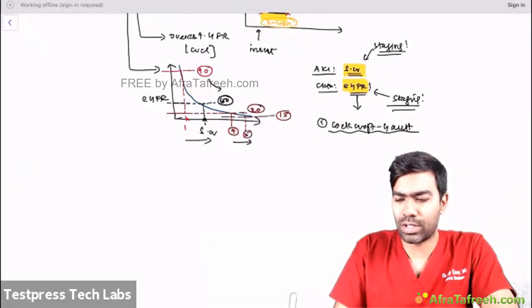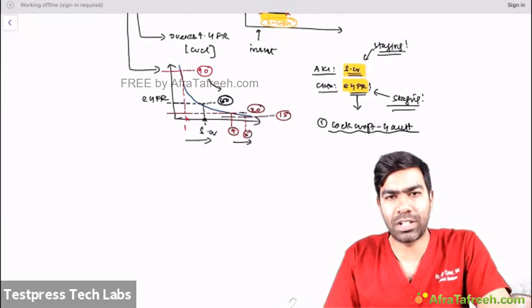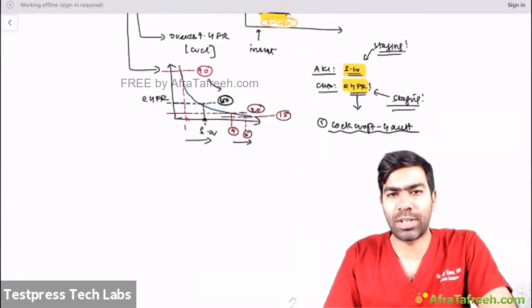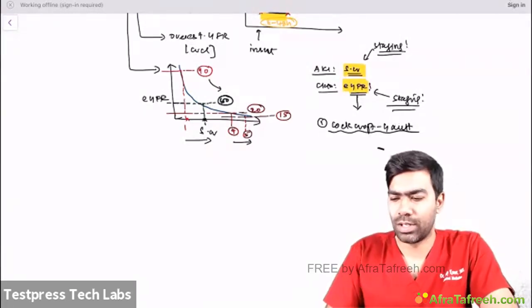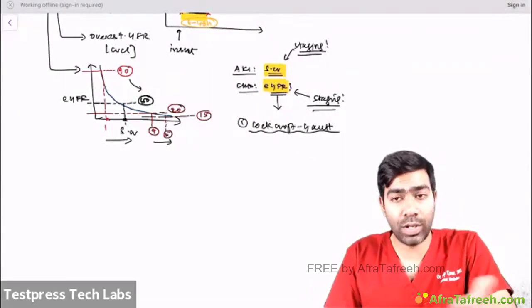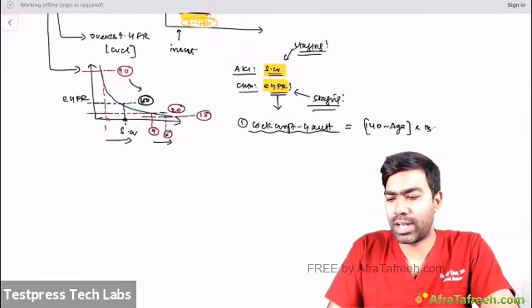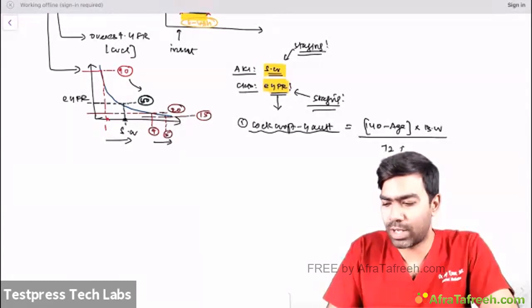Cockcroft and Gault equation, which uses the serum creatinine to measure the GFR. So what do you mean by the Cockcroft-Gault equation and how do you measure your eGFR based on it? This is one formula that you definitely need to know for the exams because they're going to ask for sure. The Cockcroft-Gault equation is 140 minus age, multiplied by body weight in kilogram, divided by 72 multiplied by serum